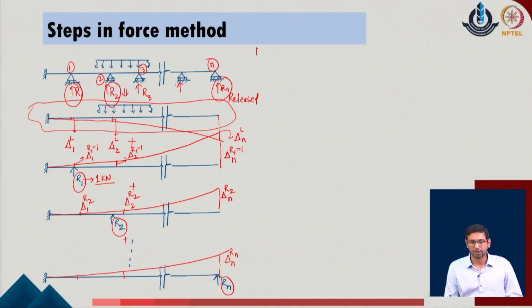So, when we want to define the condition of the compatibility in the direction of the redundant 1, we consider that in the position of the R1 there is a vertical support provided. That means this system in the original point should not have any deflection over here. That means the condition of the deflection at position 1 is known to the user, which is equal to 0, and now this delta 1 should be actually same as delta 1 due to the external load, delta 1 due to the redundant 1 plus delta 1 due to the redundant 2, and similarly up to delta 1 due to the redundant n in the given problem.